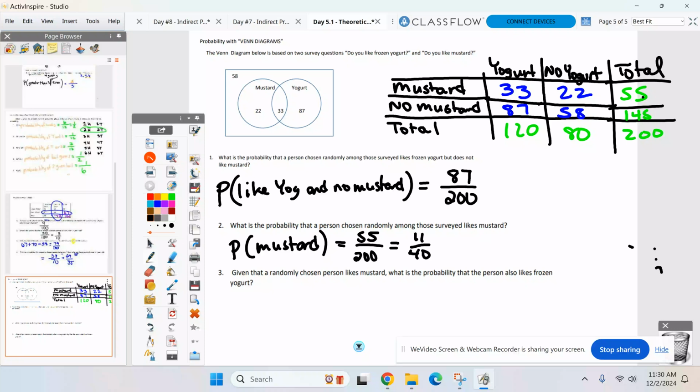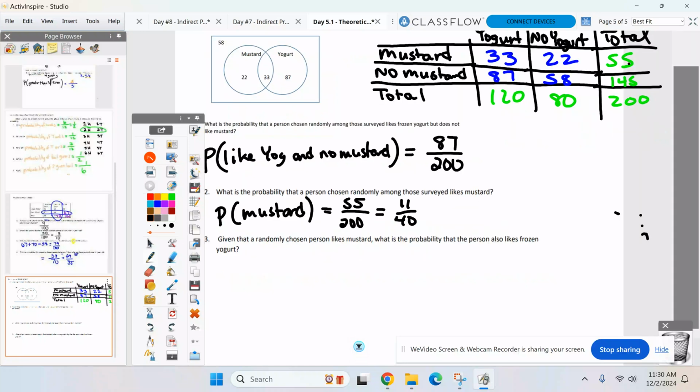And then how far have we come here? Given that they like mustard. So this is not going to be out of 200, is it? Because not 200 people like mustard. Given they like mustard, how many people did we just find like mustard? 55. So it's only going to be out of those 55 people. So look at only that row in your table. Out of those 55, how many like frozen yogurt? 33. And that'll reduce down to